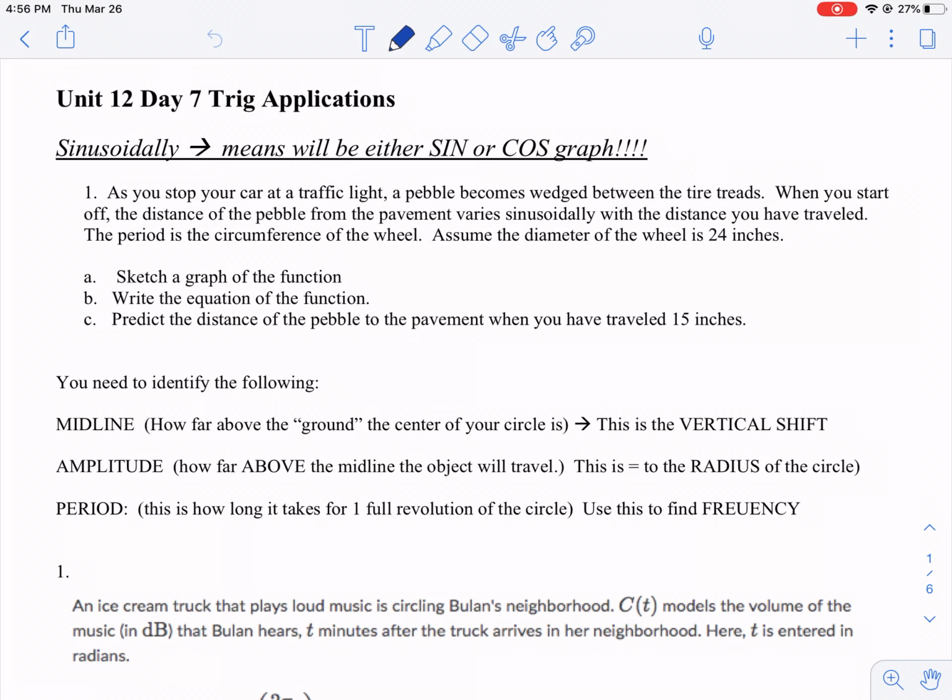As you stop your car at a traffic light, a pebble becomes wedged between the tire treads. When you start off, the distance of the pebble from the pavement varies sinusoidally with the distance you have traveled. The period of this is the circumference of the wheel. Assume the diameter of the wheel is 24 inches. So they wouldn't have had to tell you the period. That would be something you would have to figure out on your own in most cases. But if you have a wheel and the diameter is 24 inches, okay, so